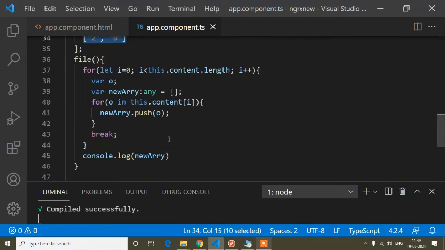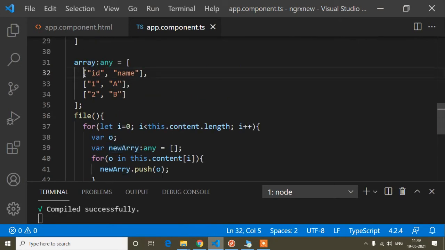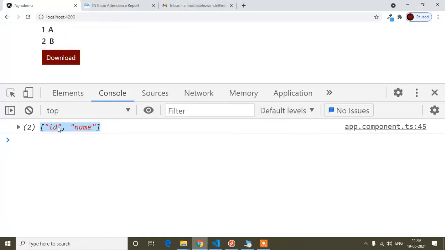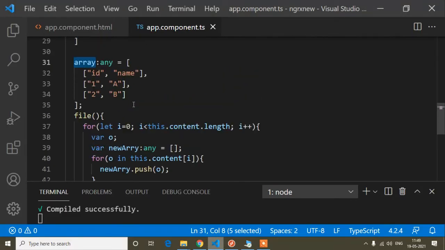So for that guys, first of all, whatever I'm getting in this new array, this one, I have to push in this array variable, because I'm getting this format. So I will push this inside this array, because whatever I push in this array, that I will download.